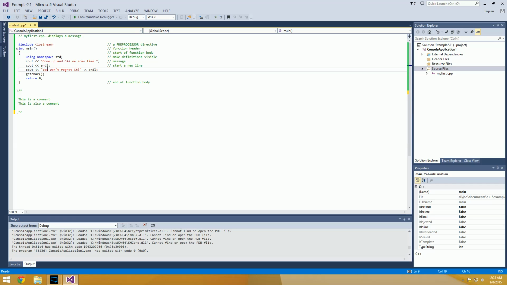Then down here we have another display, so we're passing "you won't regret it" over to cout, which is putting it on the console for us. And then right after that, we're passing it endl. So you can actually string together multiple items, so you can pass it multiple things on one line instead of entering this endl on a separate line. We can just put it on the same line and pass that through. Now we can't, for example, just say endl here,